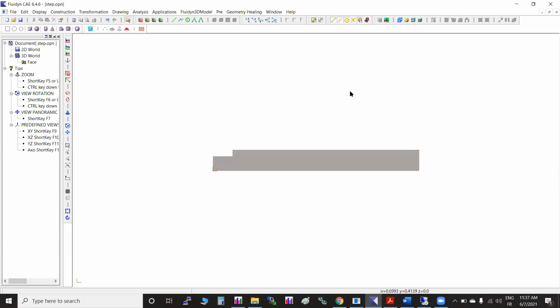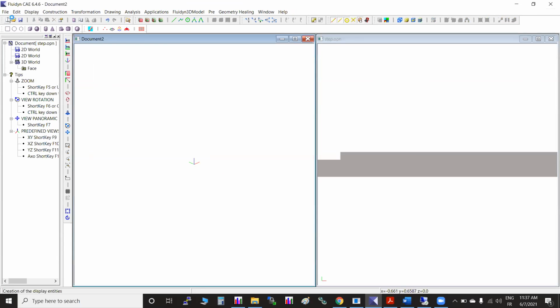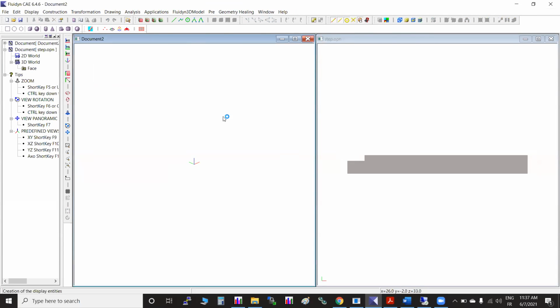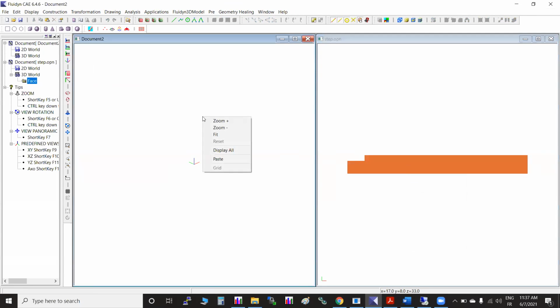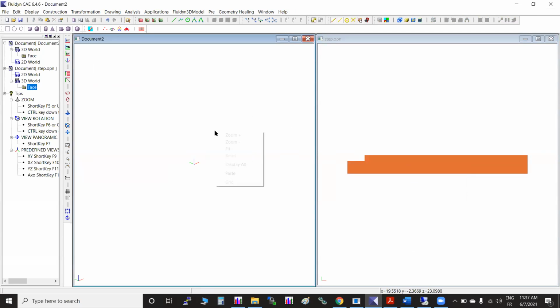So this is the first geometry part. The next one, let me quickly explain. We have this face. I have created another viewport. I'll copy it by simply right clicking over it, and you can paste it here and pick the option to see it. So we can take it from one viewport to another viewport. Then we'll do some 3D operations: how to generate a 3D from 2D.